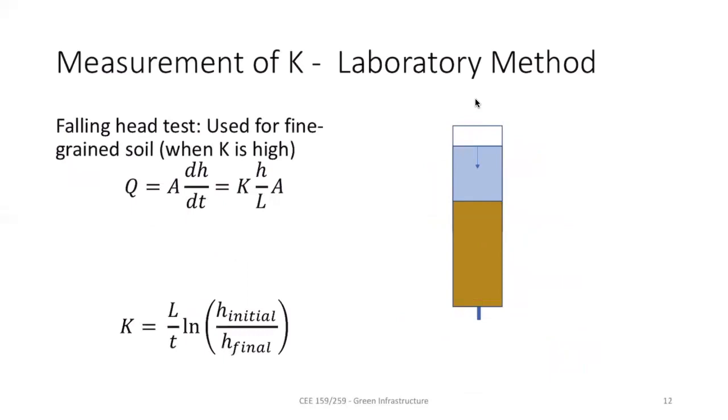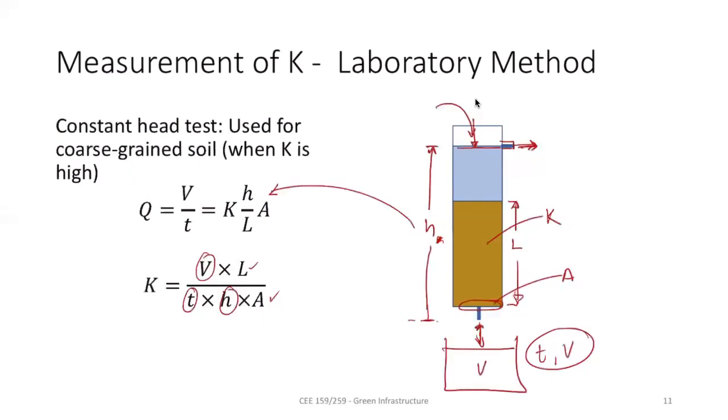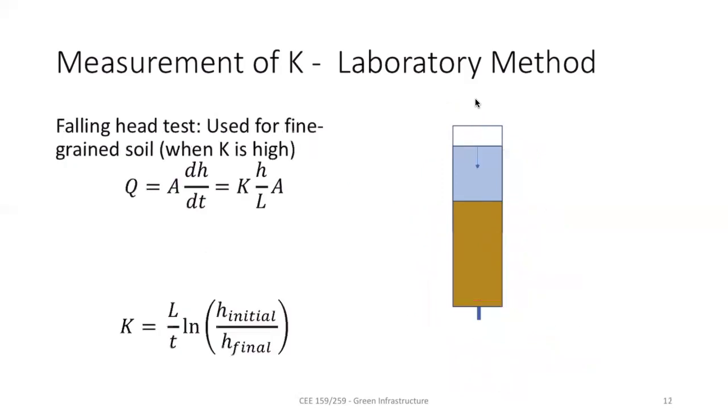So that's one way. And you should know that you can use constant head when you have coarse-grained sand. That means you have high hydraulic conductivity, so you don't have to wait too long to collect a certain volume. But this is not efficient when you have low hydraulic conductivity. That means you have to wait a long time to collect a certain amount of volume, and you can't use this system. So for those fine-grained systems, where K is low,